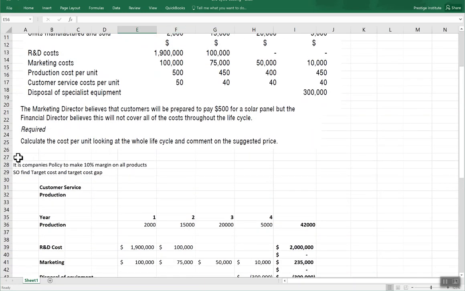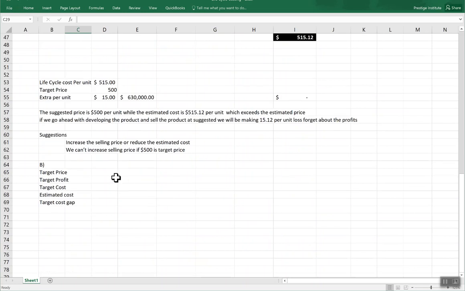I added another requirement here. It is the company's policy to make 10% margin on all products. So find target cost and target cost gap. Remember, our target price was 500 and the target profit is 10%. That will give us target cost of 450. And our estimated cost is 515. So we have a target cost gap